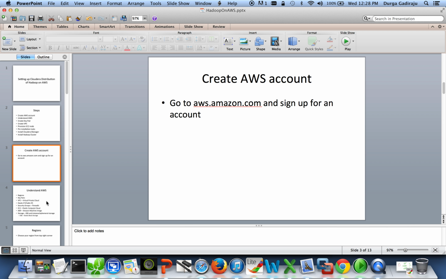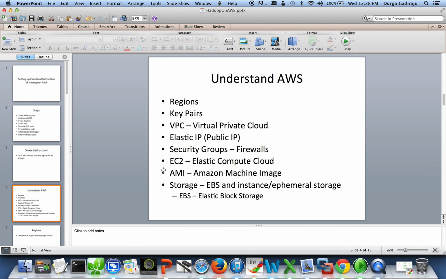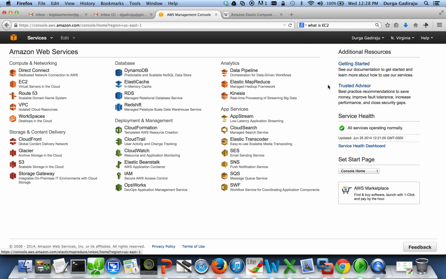Once the account is created, now I will explain what AWS is, and what different components you need to be aware of before provisioning a node on the cluster, and then you can go ahead and install Hadoop on the cluster. So AWS,